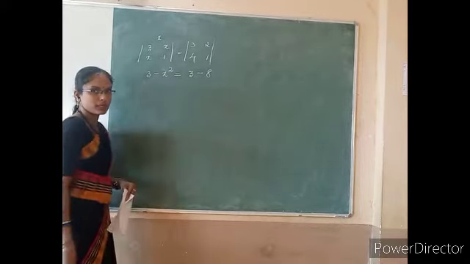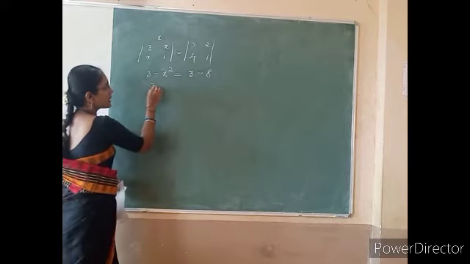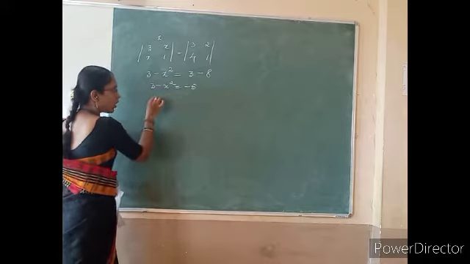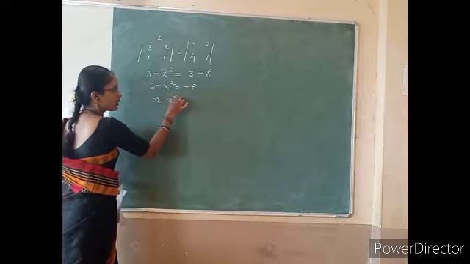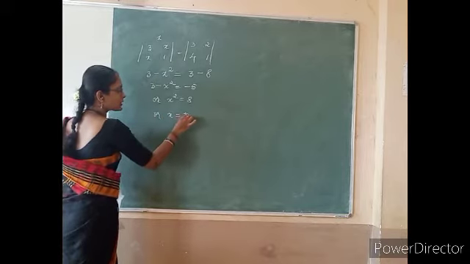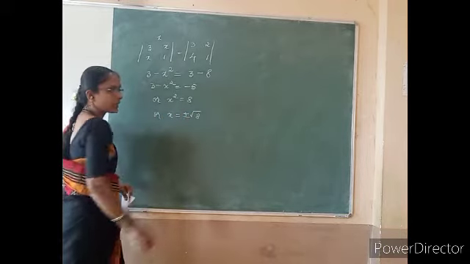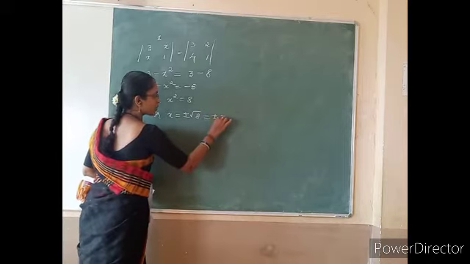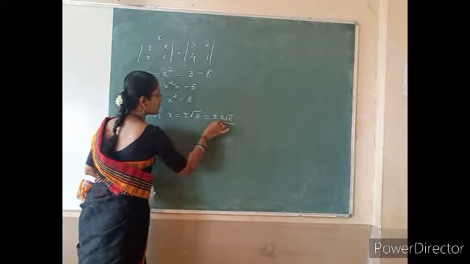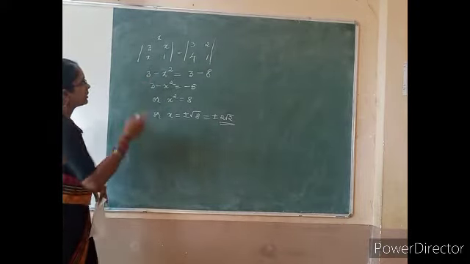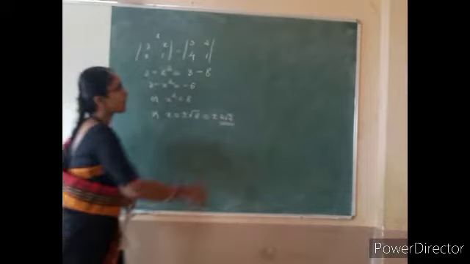You know how to solve this equation. So 3 minus x square is equal to minus 5, or x square is equal to 8, or x is equal to plus or minus root 8. You can keep it like this, or you can also write this as plus or minus 2 root 2. So this is the value of x. Okay, I'll take one more.